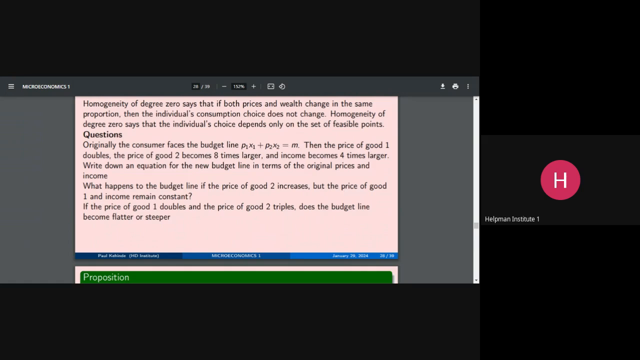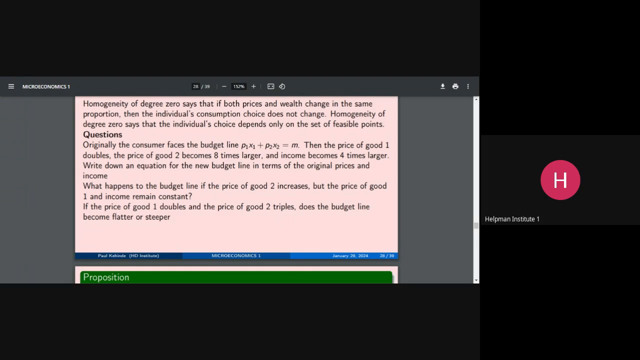And he said if the price of good one is doubled and the price of good two is tripled, then what does the budget line become? So you're asking, does the budget line become flatter or steeper? In this regard, remember it goes up, so it becomes flatter because good one is doubled and moving up, so both of them are increasing. All right, so you have a more